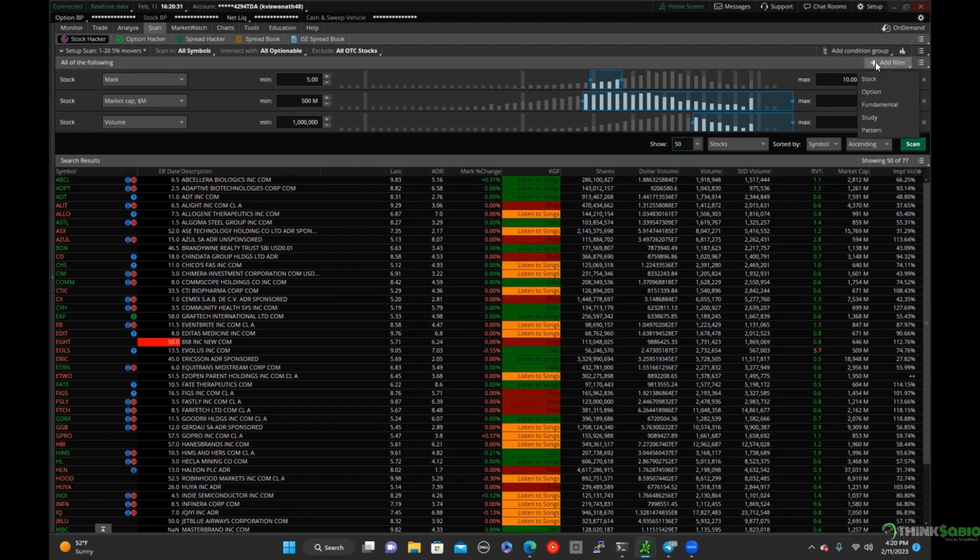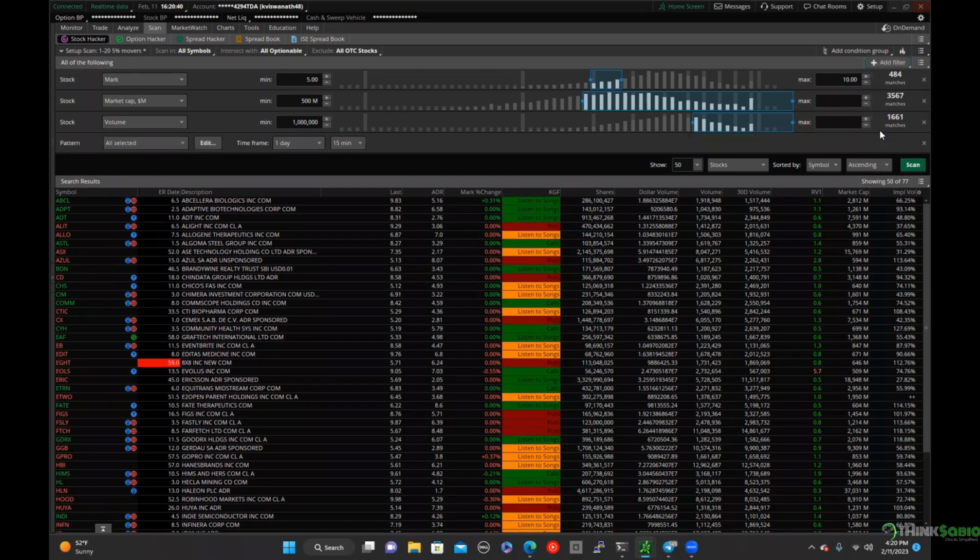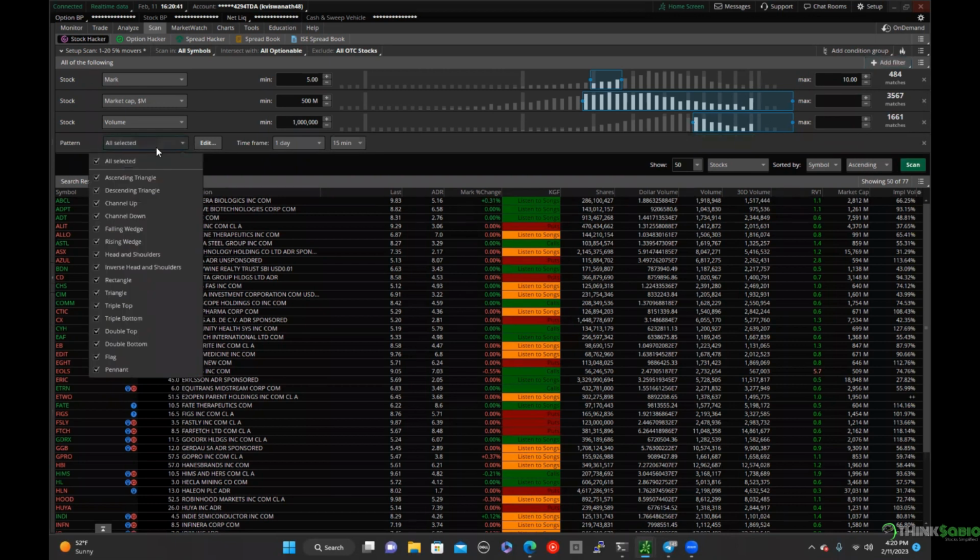I don't use fundamentals, honestly, I'll be honest here. And we will get to study in a second, and we will get to options when we come to options. But then we will look at patterns, right? And we all talk about patterns. Most of you, I'm assuming, are very new, and that's why you are here to learn how to run a scanner. But then based on the patterns, the stock chart,